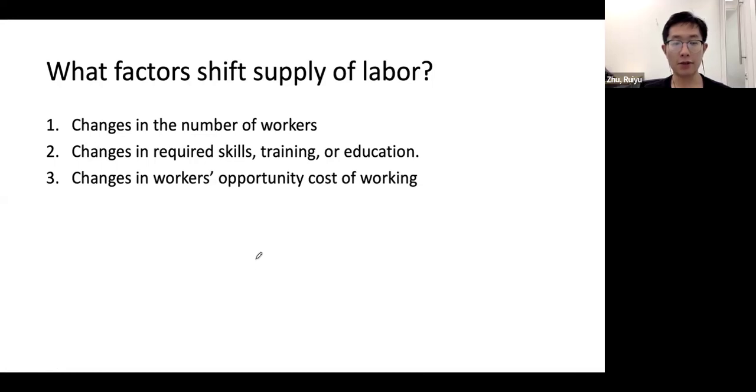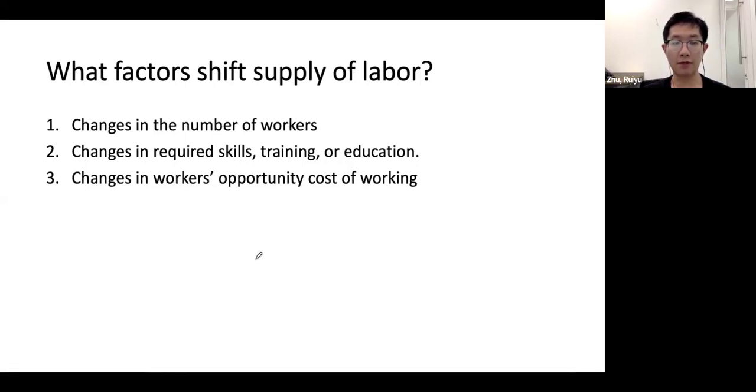And changes in workers' opportunity cost of working will definitely change our labor supply, right? Because when people are deciding whether to work or not, they are comparing the benefit of working with other choices, right? Suppose I have a better opportunity to go to college to pursue a higher degree. The opportunity cost of working will be higher, because if I go to work very early, I cannot go to college, right? So if that's the case,